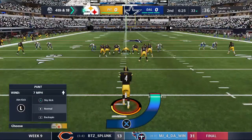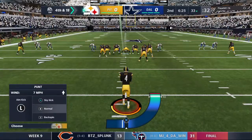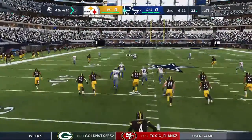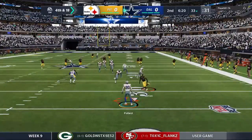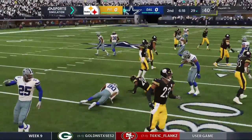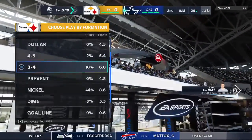Incomplete. In today's NFL, these big guys are featured receivers. They move all over the place to try and find good matchups. And they had one. They were just unable to complete the pass. Barry on to punt as he gets this one away. They'll score that a 36-yard punt, and the Cowboys will take over the football with a 1st and 10